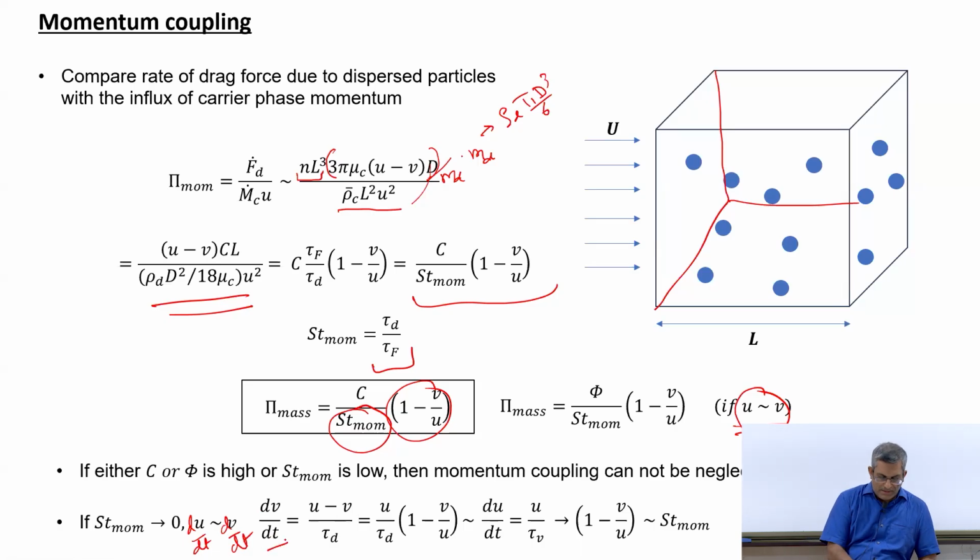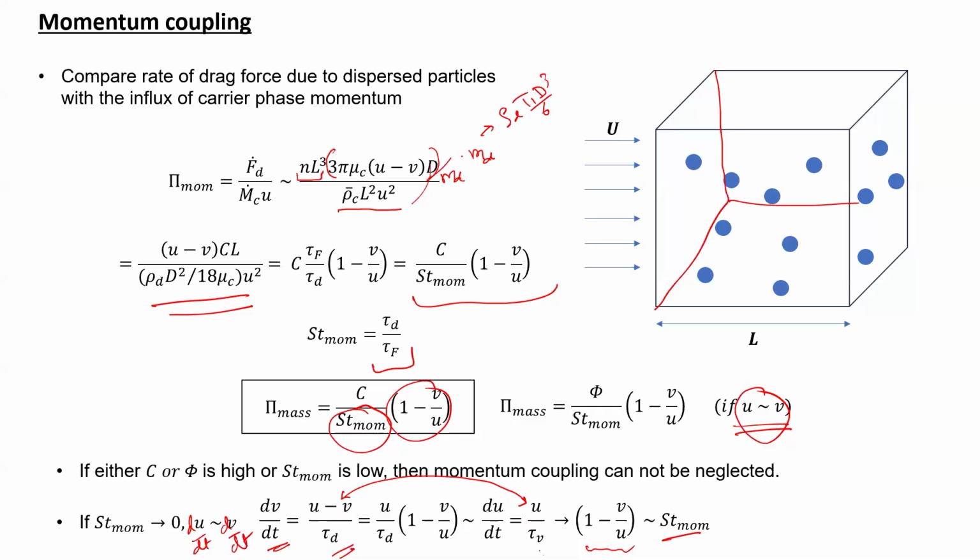So, now we can express the acceleration for the particle phase as this, and then take u common, and then you have this. Now this is equal to du by dt, which is nothing but u by the flow time scale. So now you have this expression. You equate this to this, and we can easily show that this parameter 1 minus V by U is basically of a similar order as the Stokes number. So that is why, in this limiting condition, the mass coupling parameter is only governed